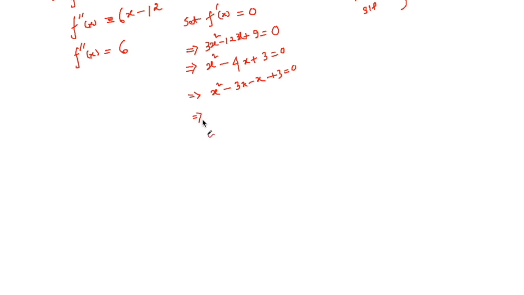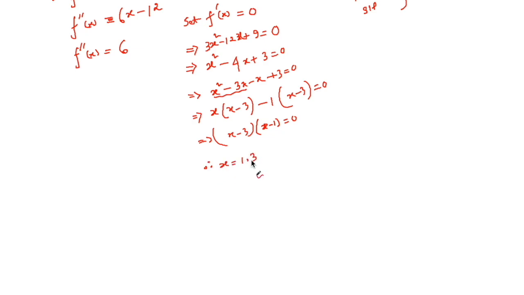And now let us factor out x from the first two terms. X times x minus 3 minus 1 times x minus 3. From here we can write x minus 3 times x minus 1 equal to 0. Therefore x equal 1 and 3, which indicates that there are how many stationary points? You obtain 2 x values. It means there are 2 stationary points,